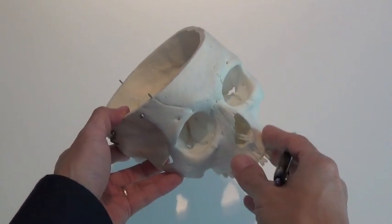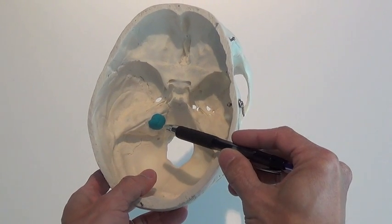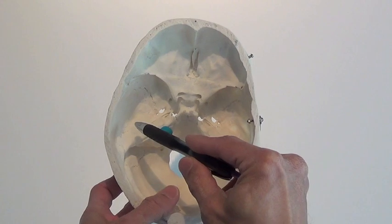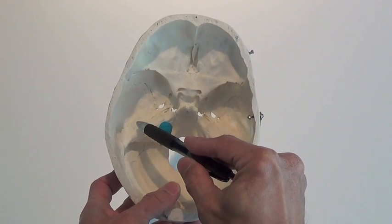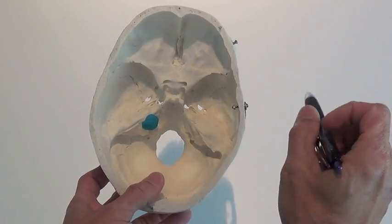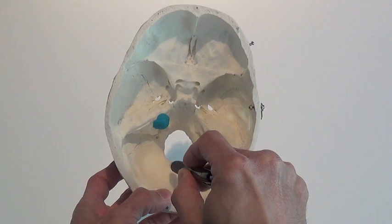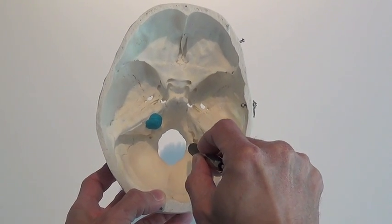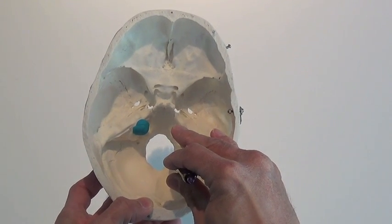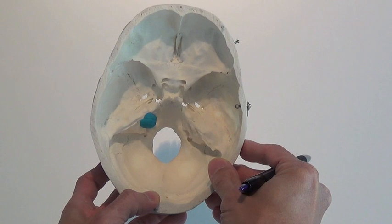This is a model of a skull, and the blue putty is what an acoustic neuroma usually looks like. Because the balance nerve, hearing nerve, and the nerve that moves the face all travel through here, problems with all these functions can affect the patient. The brainstem travels through right here, and big tumors can compress the brainstem and cause major neurological problems. So if the tumor is discovered when it is already very big, then it needs to be removed to decompress